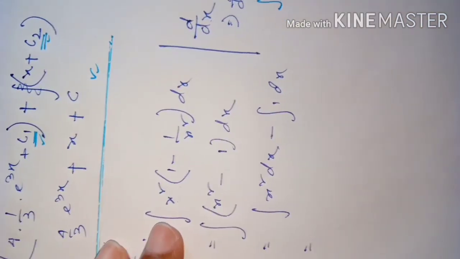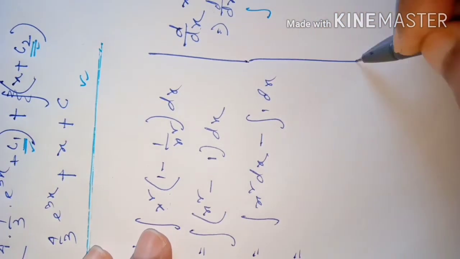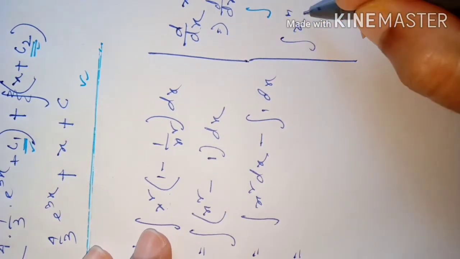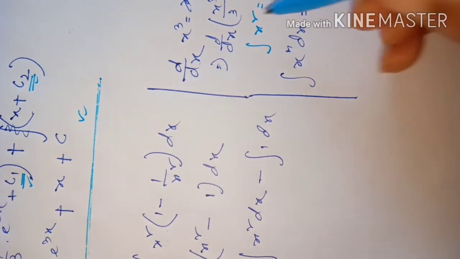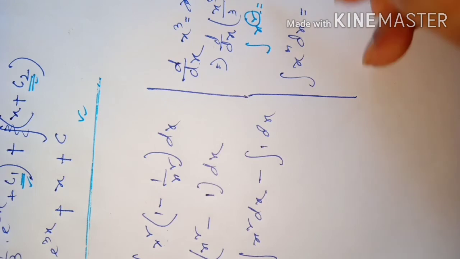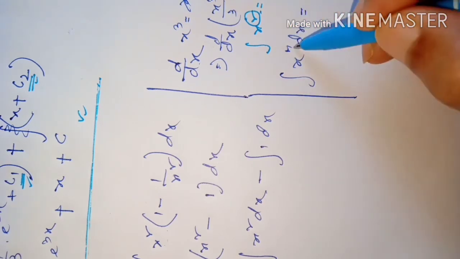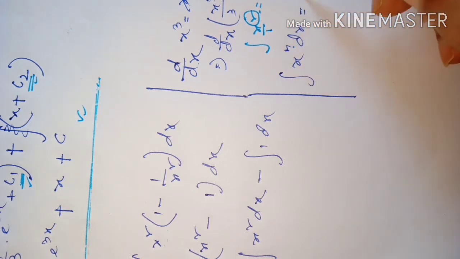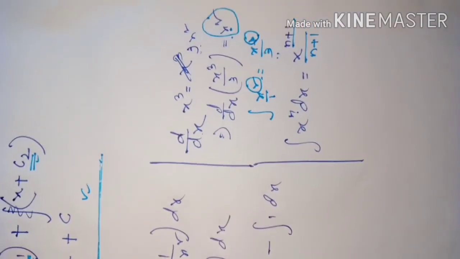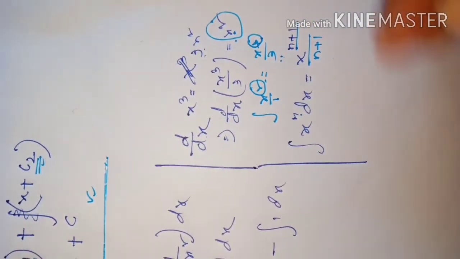So we can say the antiderivative of x square will be x cube divided by 3. So that we are observing and writing now. Here we can use this as a formula. That means the integral of x to the power of n dx can be written as x to the power of n plus 1, divided by n plus 1. Why am I saying n plus 1? Because here the power is 2, and the power is one more than that. If it is n, the power will be n plus 1 here. The denominator is 3 because this power becomes the denominator, n plus 1. So next time we will use this as a formula. Sorry dear students, sometimes you are not able to see. So please see.